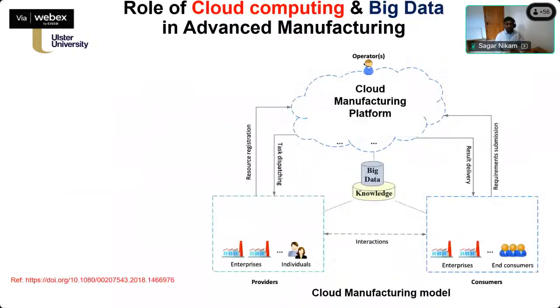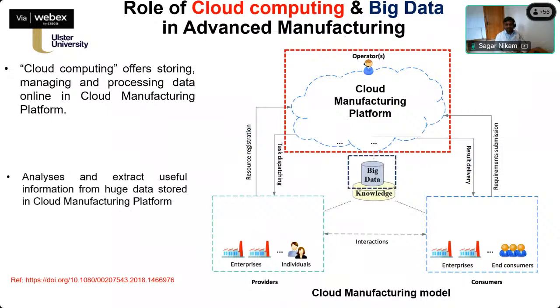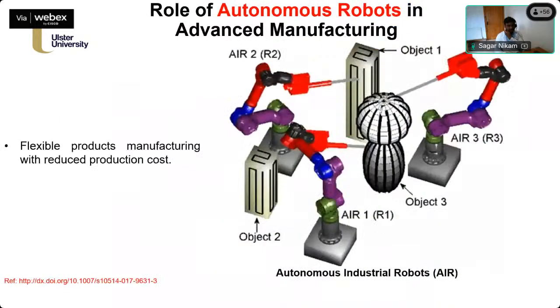The other role in Industry 4.0 is cloud computing and big data. Cloud computing obviously is very important because we are generating very huge data. So storage is another important parameter, and we can't just store that locally, because if you want to make things smarter, that information has to be accessed by operators worldwide, right? So cloud computing is very important in that case, and big data is helpful in extracting the useful information out of it.